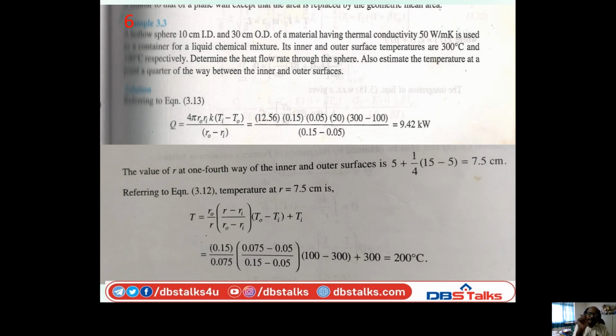To find the temperature anywhere, you have to use the temperature distribution equation. What is the temperature distribution equation for a sphere? So this is the equation. How to remember this equation? These equations are available in the heat transfer data book. In this equation you have to substitute the values, and we will get the temperature at a particular specific point, 1/4 of the distance. Okay. So like this you have to do heat transfer problems in spheres.